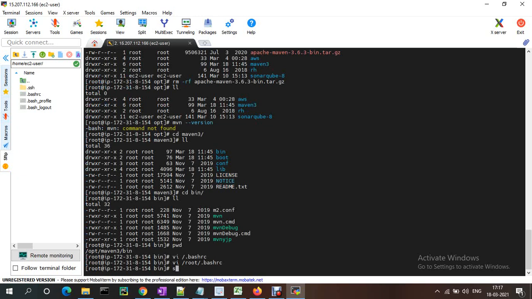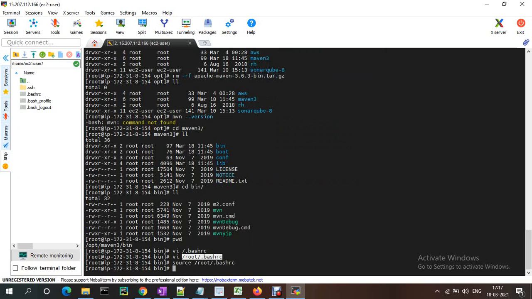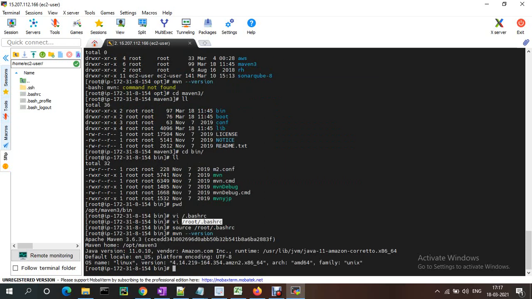Once this is updated, you need to do source .bashrc. If you try now, it will show you the Maven version. Currently the Maven version is 3.6.3. Now this is also done.